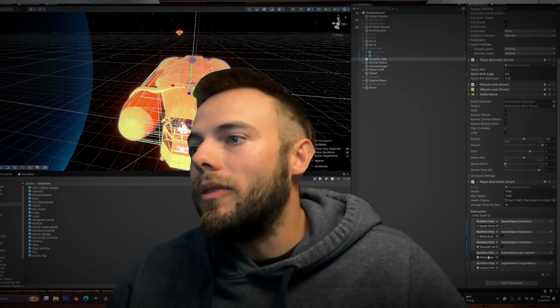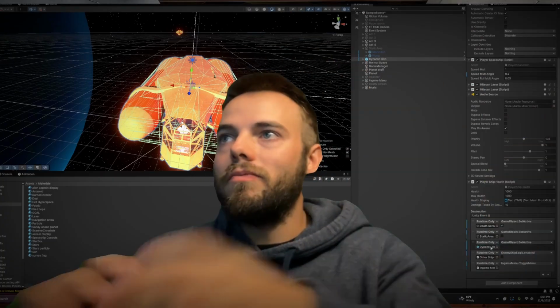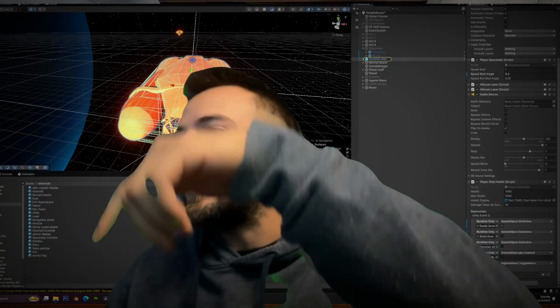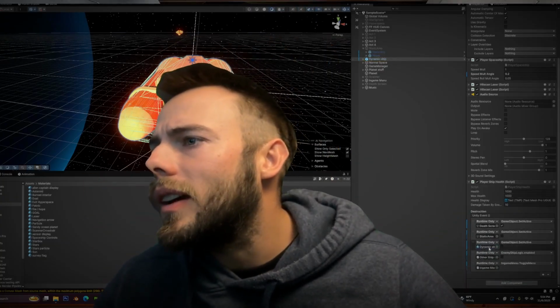So this allows me to basically just turn everything on and off. I think this other thing, yeah. So we set this ship inactive, and I think there's